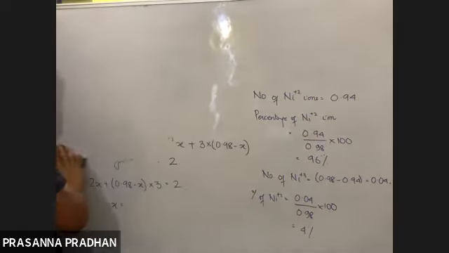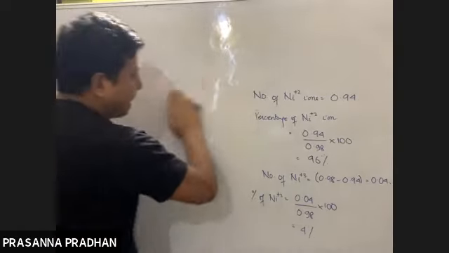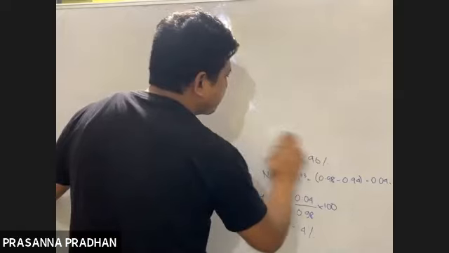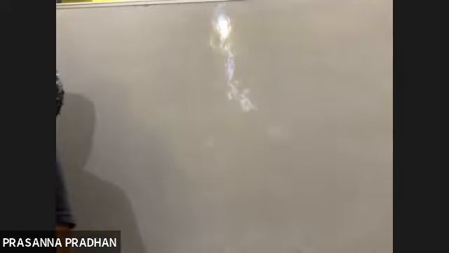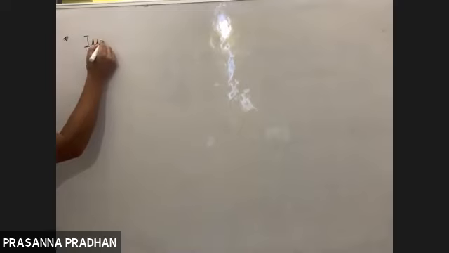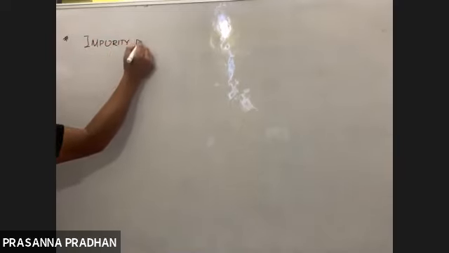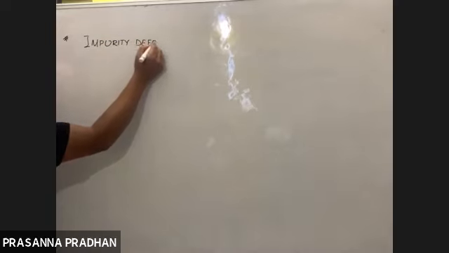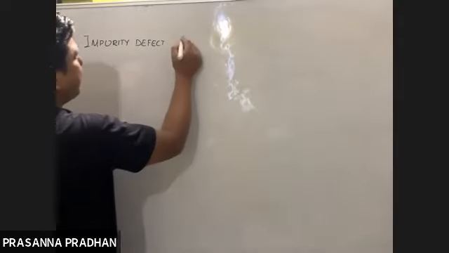Okay, so देखो हम लोग ने मेटल एक्सेस डिफेक्ट पढ़ा, मेटल डेफिशिएंसी डिफेक्ट पढ़ा. So the last type of non-stoichiometric defect is the impurity defect. Again very important. So the last type of defect will be the impurity defect. Okay, so impurity defect means the defect